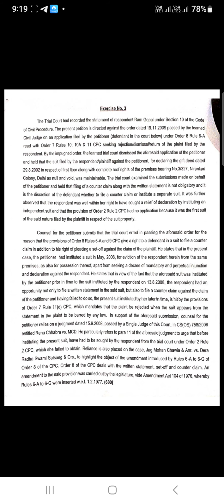The trial court had recorded the statement of respondent Ram Gopal under Section 10 of the Code of Civil Procedure. The present petition is directed against the order dated 19/11/2009 passed by the learned Civil Judge on an application filed by the petitioner (defendant in the court below) under Order 8 Rule 6A read with Order 7 Rules 10, 10A and 11 CPC seeking rejection